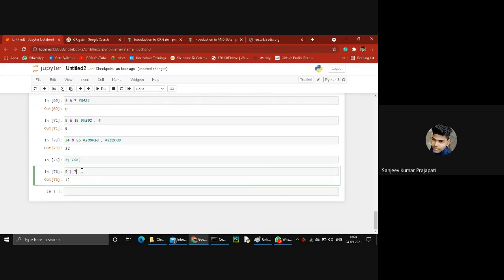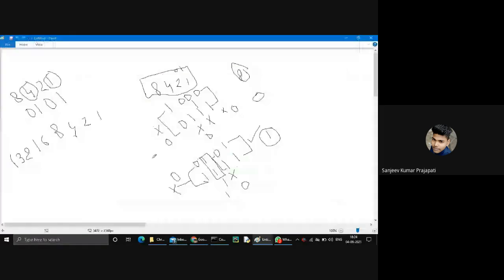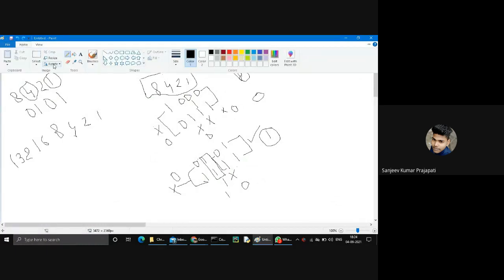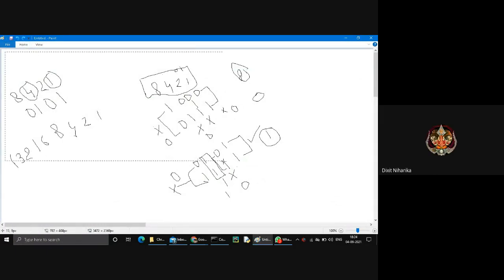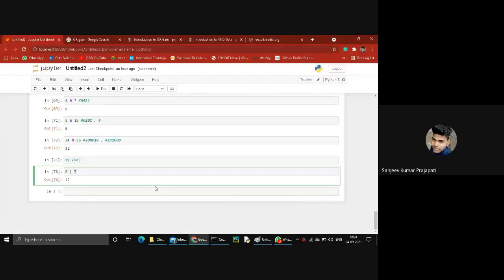First of all, we have to convert 8 into binary form. Then after that, convert 7 into binary form. Then perform the OR operation. Okay, so I show you. So again, it is 15. Got it.